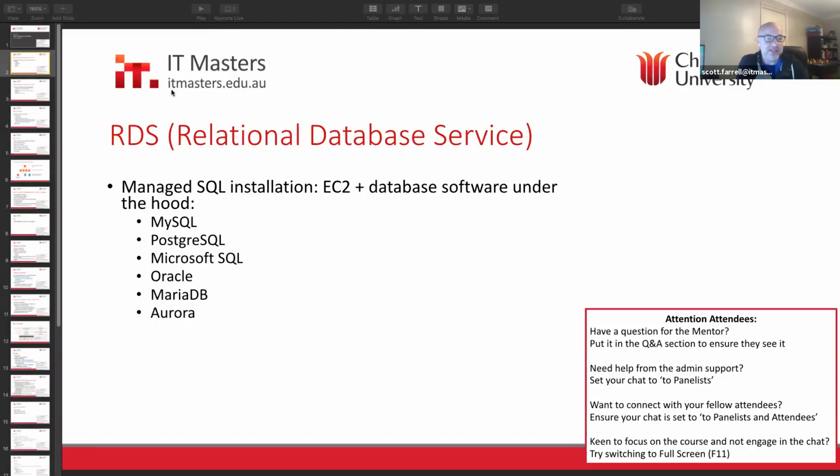All right, so here's the relational databases that AWS supports. There's a few that are open source, MySQL and Postgres, and MariaDB, and Microsoft SQL Server and Oracle, which are more corporate type databases that aren't open source. And Aurora is an Amazon AWS invented database that you won't see anywhere else. So they're the standard offerings.